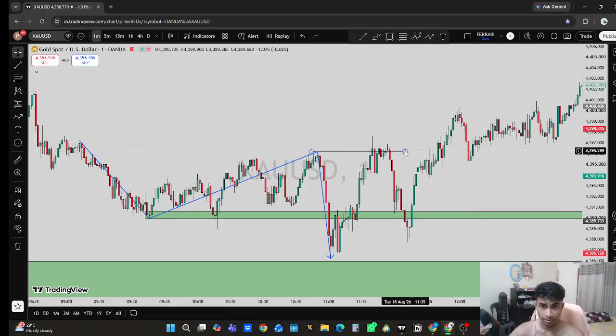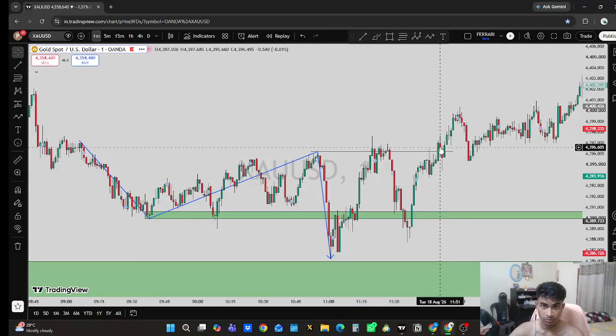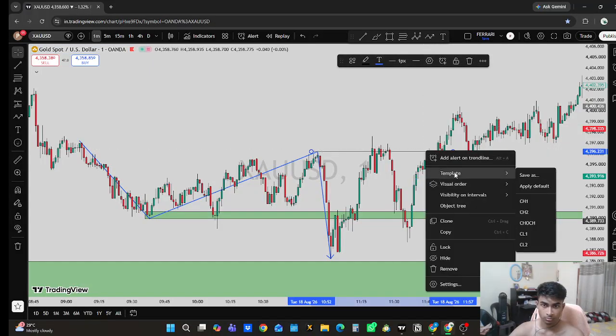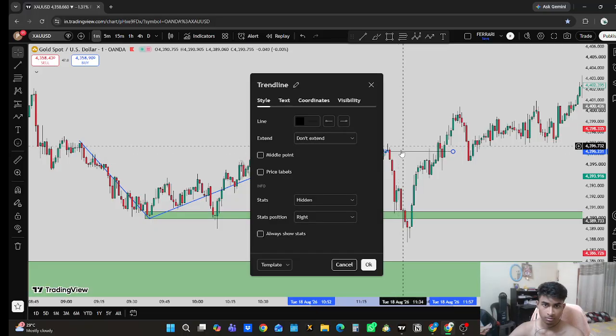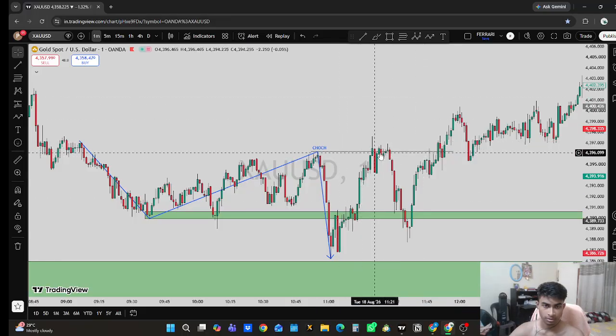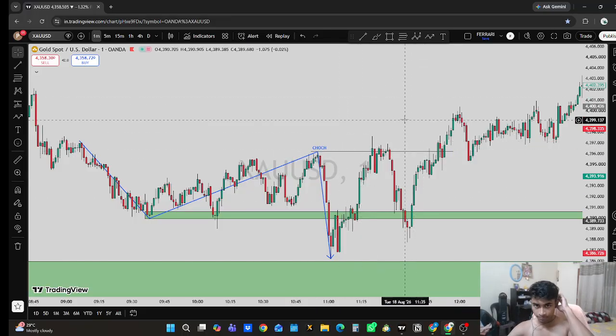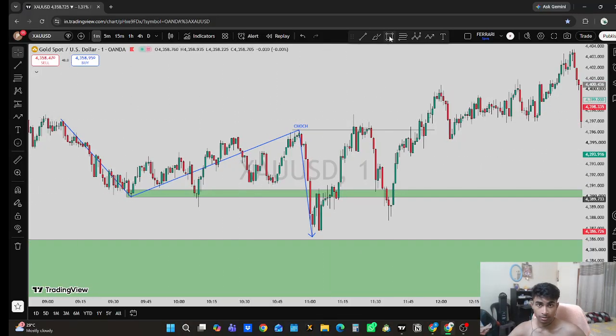But then again, it gave a change of character right here on these two candles, or maybe even this one, these two. So this is a valid change of character right here. I don't think you can see it yet, so I'll go to the top left. Change of character right here. Now, what we need to look at is three levels coming into play. So this is our QML A plus.